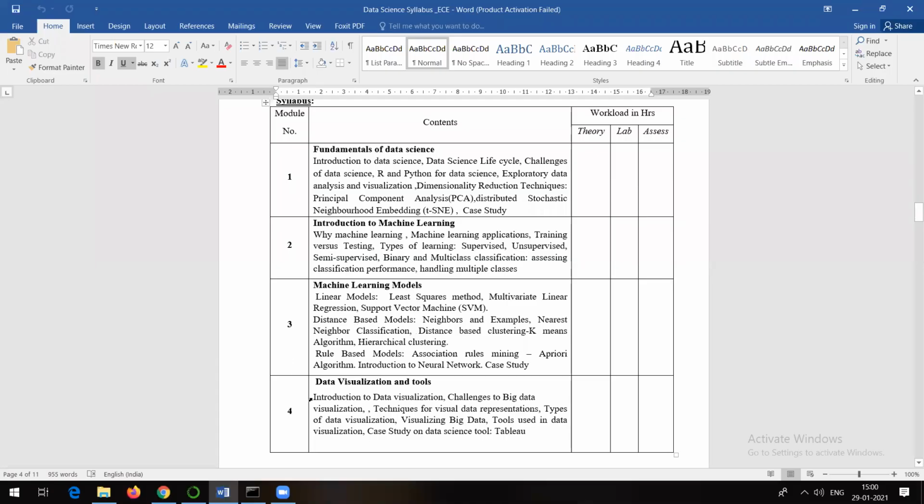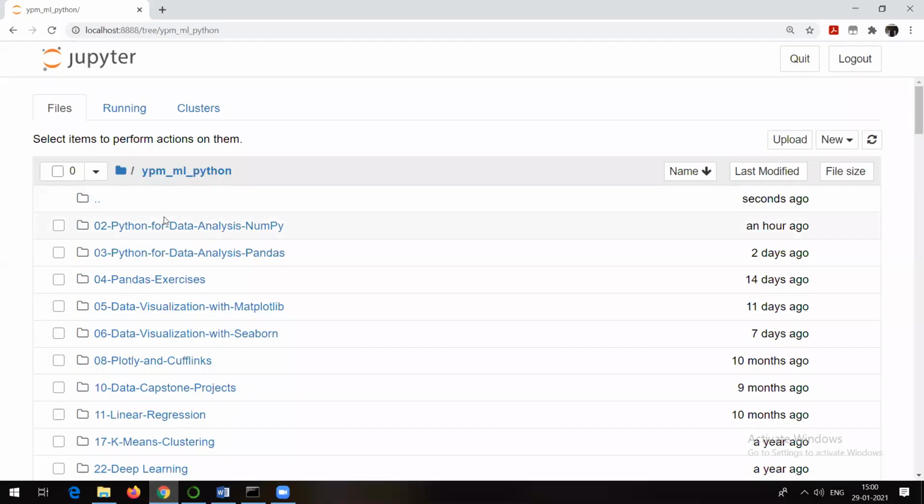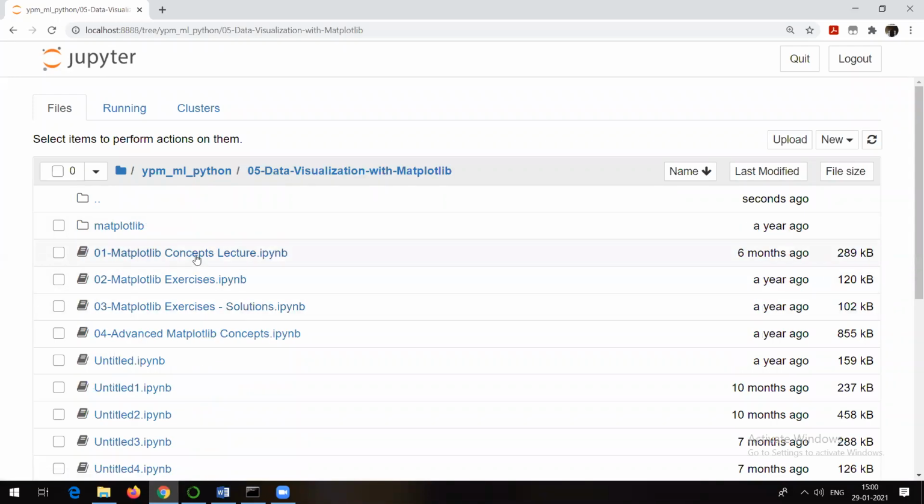Now, if you try to check your syllabus, challenges to data visualization, right? For this, as I told you, in Python itself, you might have come across different types of plots. Let me show you some of the plots. We discussed NumPy and pandas. Let me try to show you some of the plots in case of